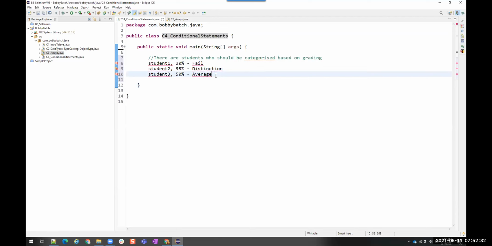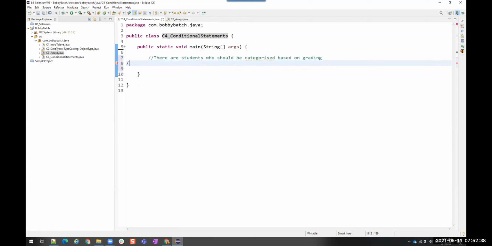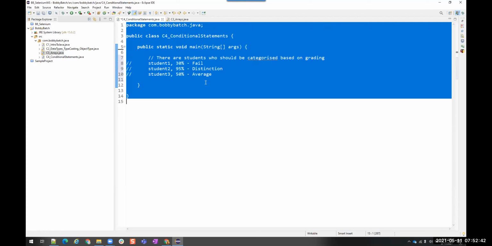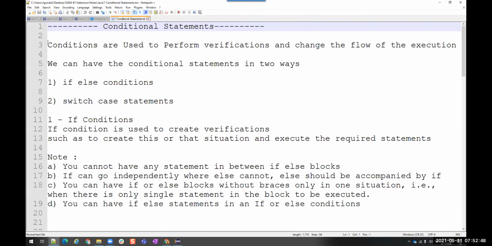Why do we use these conditional statements? Conditions are used to perform verifications and change the flow of execution.